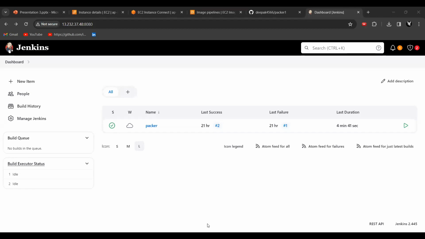Okay, guys, I got the solution for this. After some troubleshooting in Jenkins, I have got the solution for it. I just changed some config files, the config.xml file, and just got this solution. And here is the Packer pipeline. I'll just explain while running this pipeline.